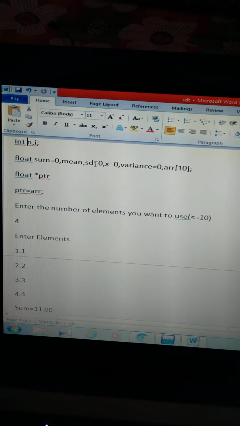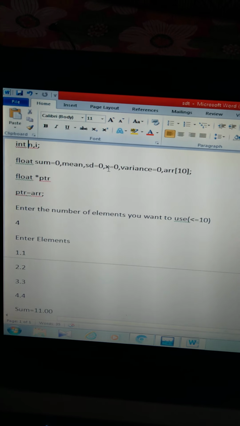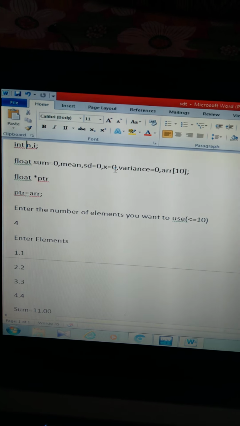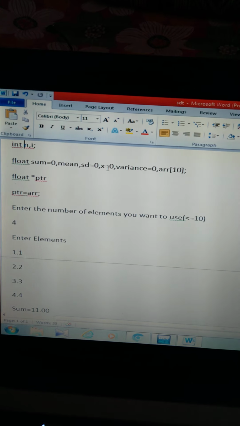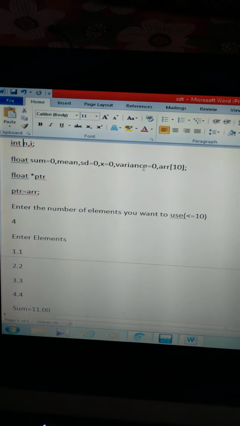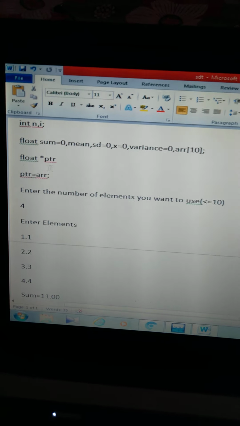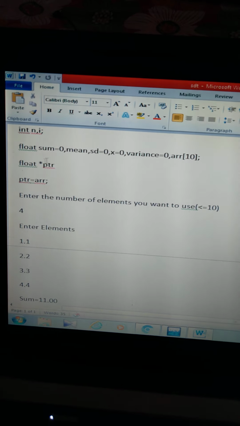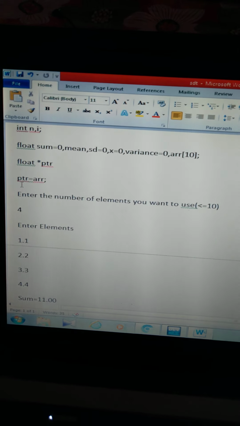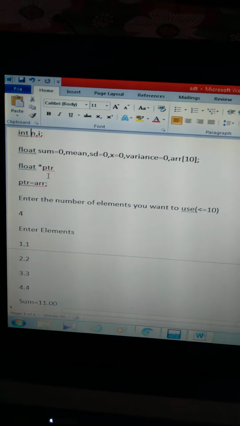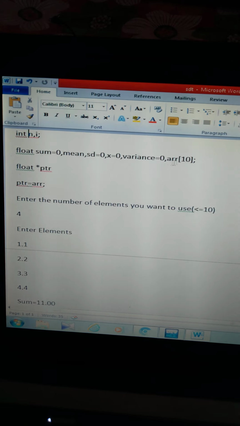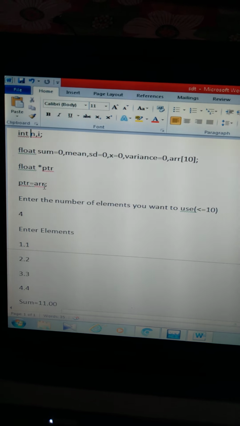Mean and standard deviation are initialized to 0. x is initialized to 0. That is, the initial value of SD and x is 0. The initial value of variance is 0. Array of 10 numbers, 10 values we can take in this program. Then a float pointer. The pointer is of float type. Then pointer is equal to array, that is, the array is converted to pointer form here.